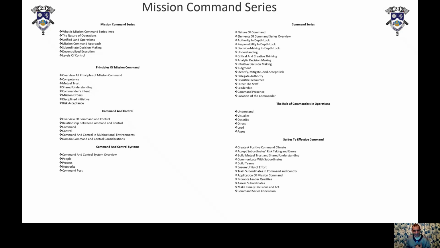subordinates' risk taking and errors, right? How to build mutual trust and shared understanding, communicate with subordinates, how to build teams, ensure unity of effort, train subordinates in command and control, talk about applications of mission command, promote leader qualities, assess subordinates, talk about making timely